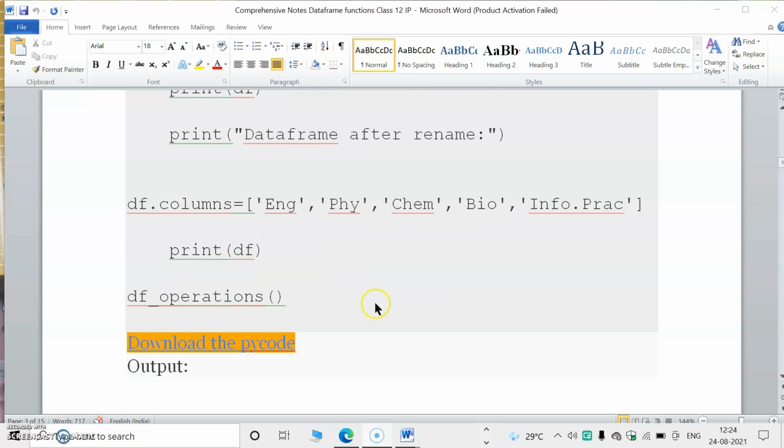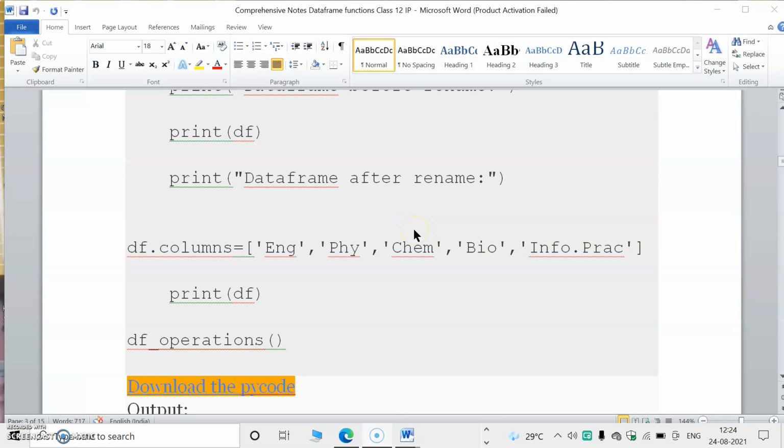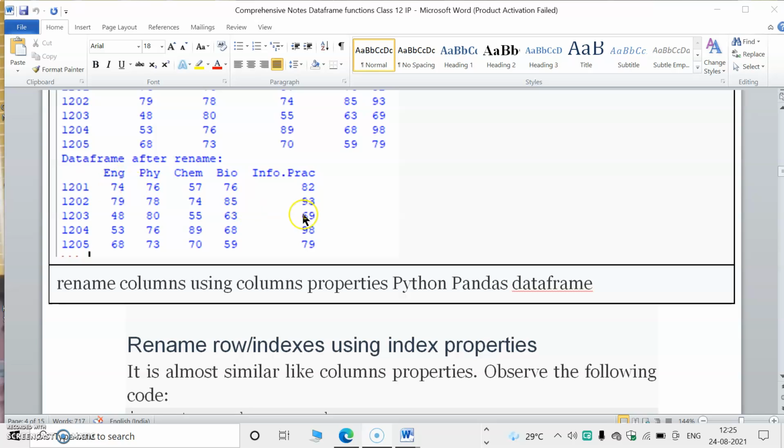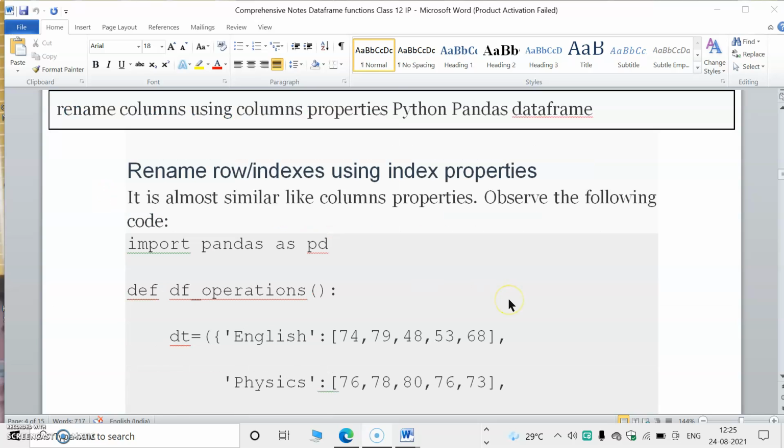If you want to change the name, df dot columns equal to, inside brackets, inside a list, we are giving the new column names. So by using a list also we can change the value of the column, and here also the value is changed.